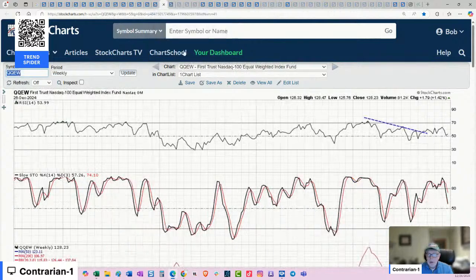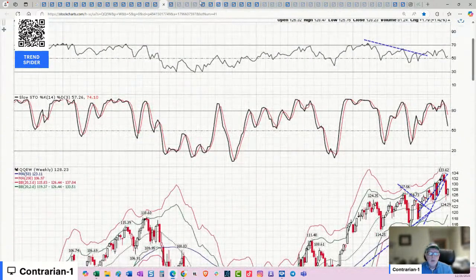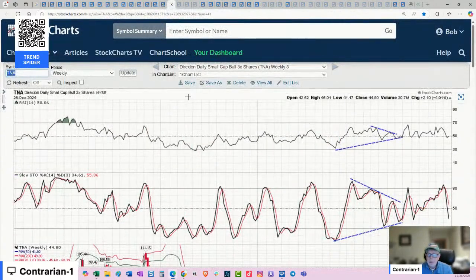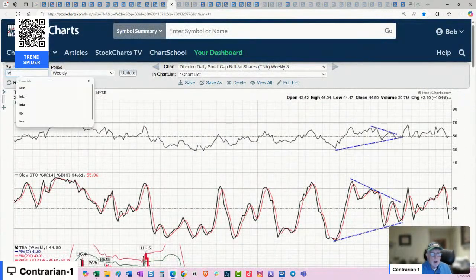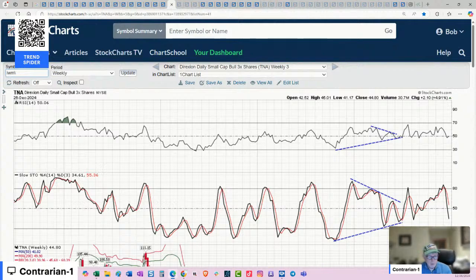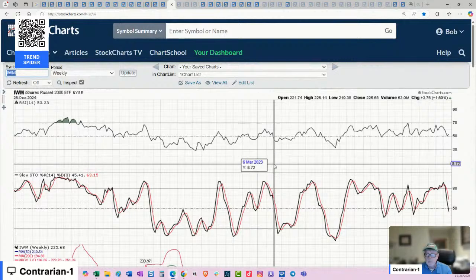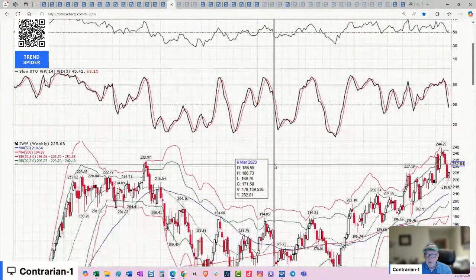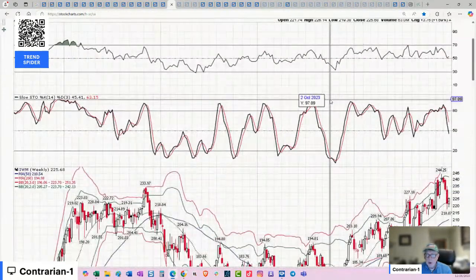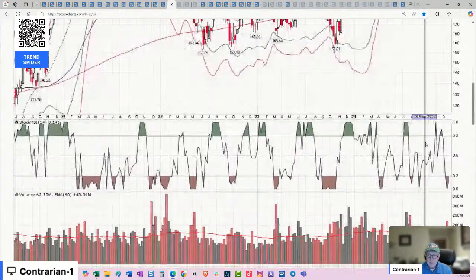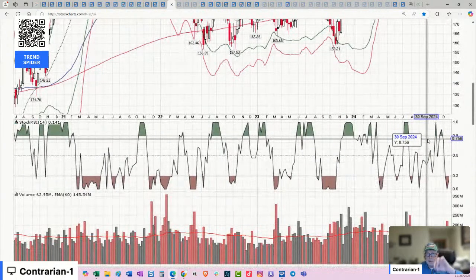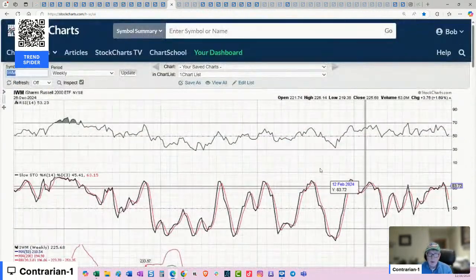Let's go back to the equal weighted. That's looking good too. Small caps. This is a leveraged product. Let's bring up IWM. Up over 1.5% on the week. But note, momentum rolling over here. Doesn't mean it can't do a V-shaped recovery. It can. But yields need to drop for the small caps and mid caps for them to break out to new higher highs.